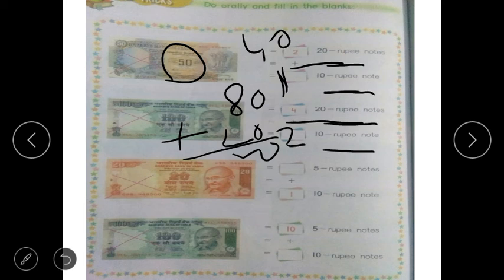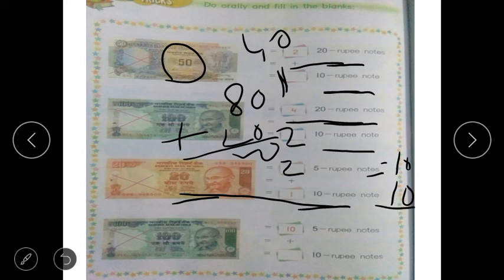Look here, this is a 20 rupees note. 5 rupee notes. How many 5 rupee notes will make 20 rupees? But here one 10 rupee note is there. So how many 5 rupee notes will make 20? 10. 20 minus this 10, only 10 is left. Okay. So 2 fives are 10. Two 5 rupee notes equal 10, and one 10 rupee note equals 10. Both you add, you will get 20. You have to understand it very carefully.